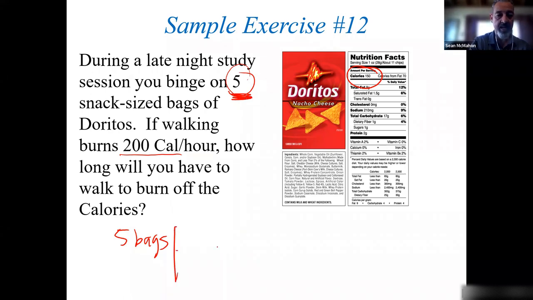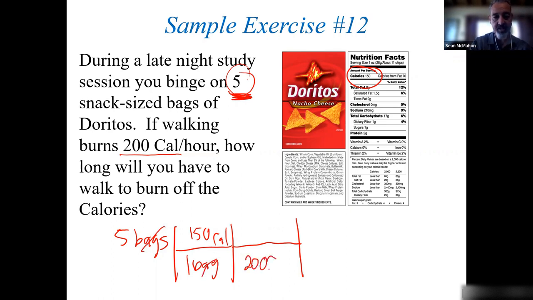And I know that in one bag, there's 150 calories. I want to know how many hours that's going to take to walk. So I'm getting rid of bags to get rid of calories. There's 200 calories per hour of walking. How many hours? Well, that comes out to